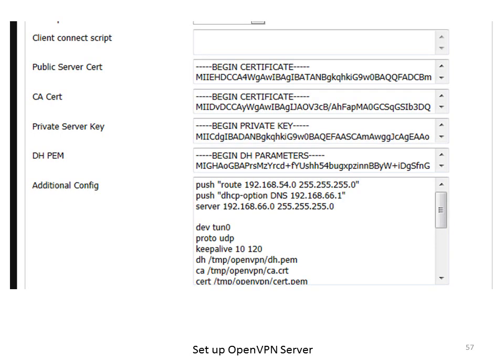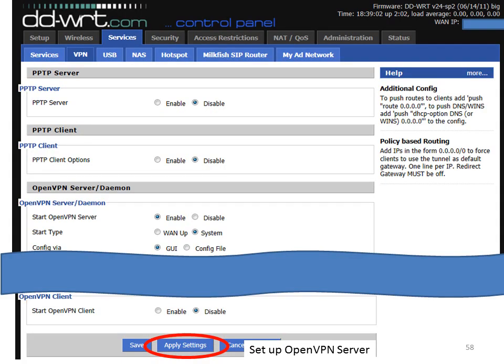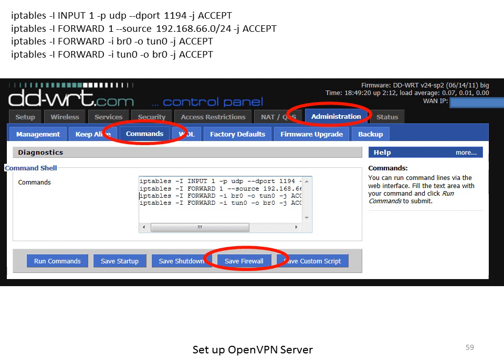So here you can see the additional configuration data filled into the text file, and I will put this information at the bottom of the YouTube description. We then index down the screen after filling in the text boxes and click on Apply Settings. Then we go to the Administration tab and Commands, and we have to put some information into the text box here. We need to put the iptables commands that are listed at the top of the screen in here,